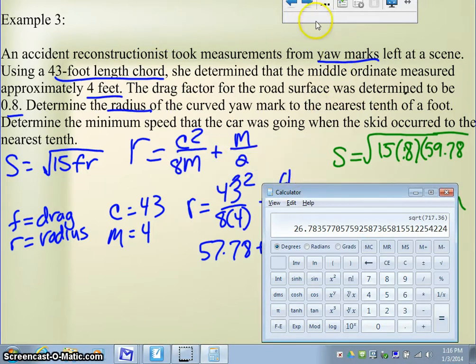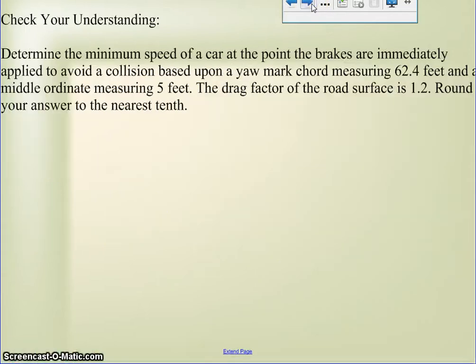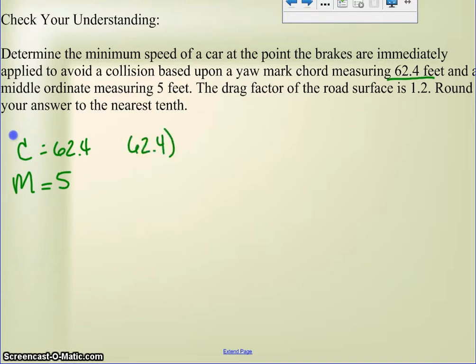All right, last you-do of the entire course, and I'll give you a second and then come back and we'll go ahead and solve. All right, identifying here, we know that our cord, it says, is 62.4 feet, and the middle ordinate is 5. So using our formula, we know that we have 62.4 squared divided by 8 times 5 plus 5 divided by 2. When I multiply all of that out,